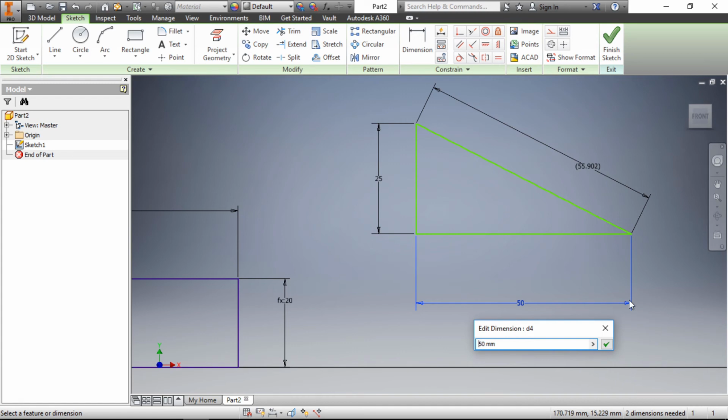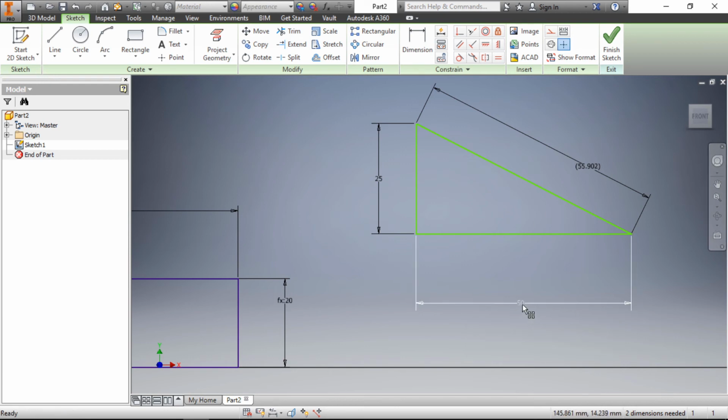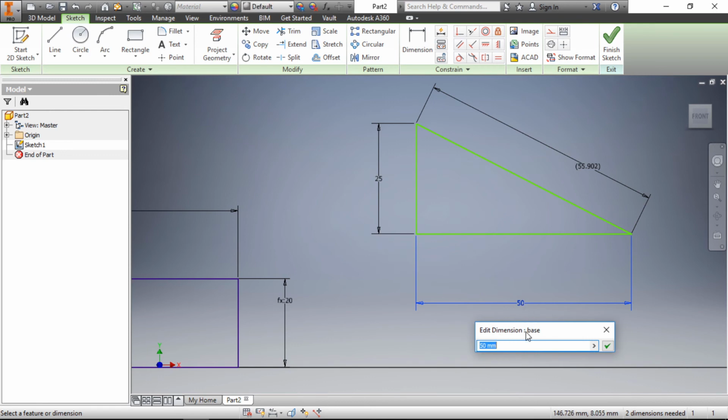I will specify this parameter base. Now you can see here we have written the name of the parameter, so it was highlighted in red color. It's illegal. Now I will specify the equal to sign. It becomes black. That means this is okay. Now space. Now enter. Now if you double click, then we can see here edit dimension base. So it was updated here.